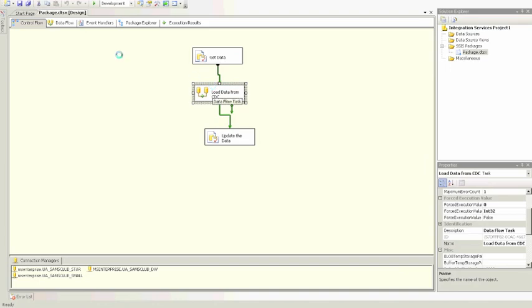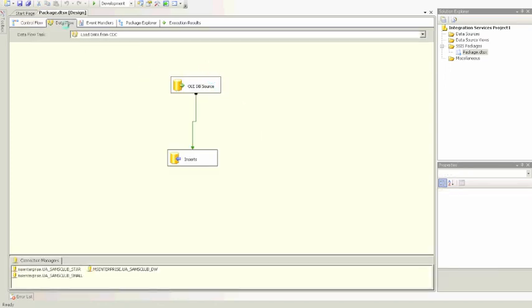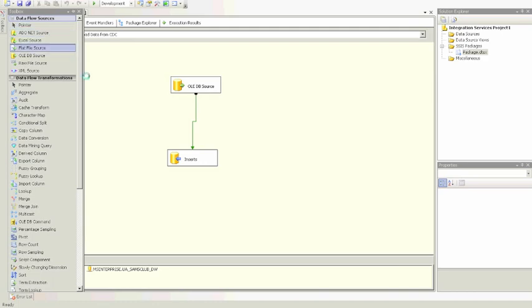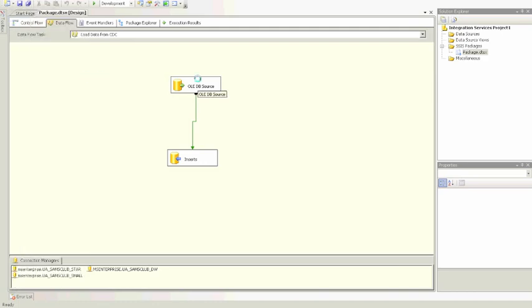In order to set up the data flow task, you can either go up to the top and click on the tab, or double click on the object itself, which loads the data flow. Here you must set up how the CDC gets its data to and from the data source. I have a simple source